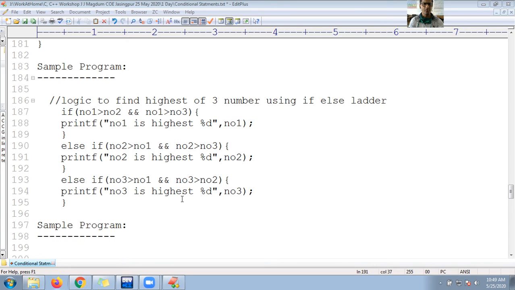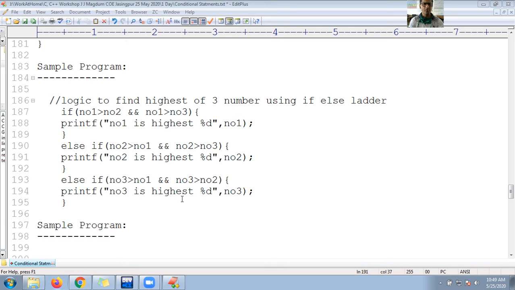So what is the sample program, guys? I want to write a program by using, what can I say, I want to check a number whether the number is divisible by both the numbers or not. So let's write a program. Write a program to check.